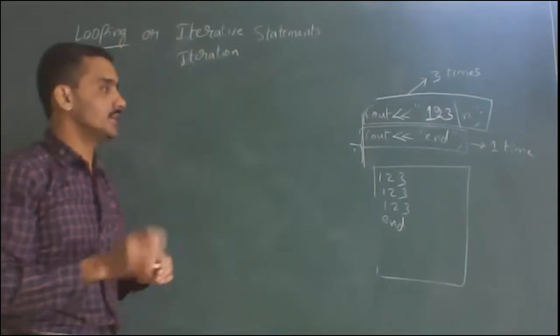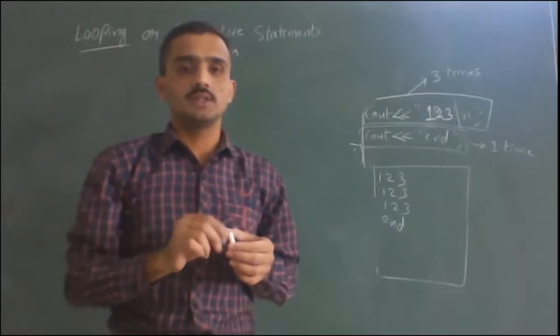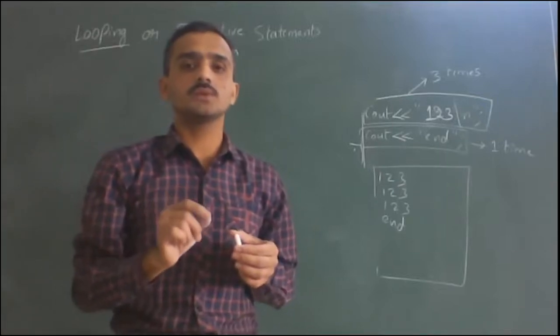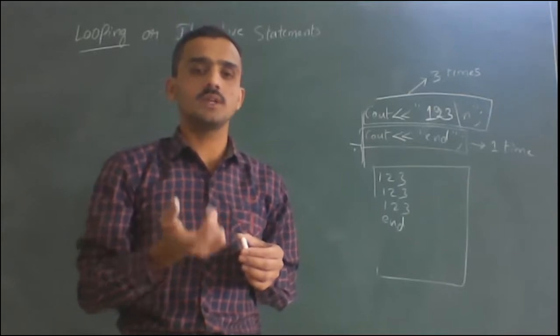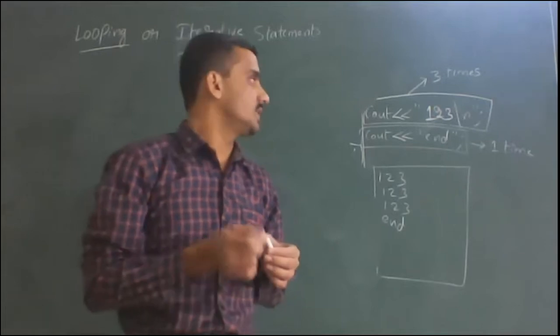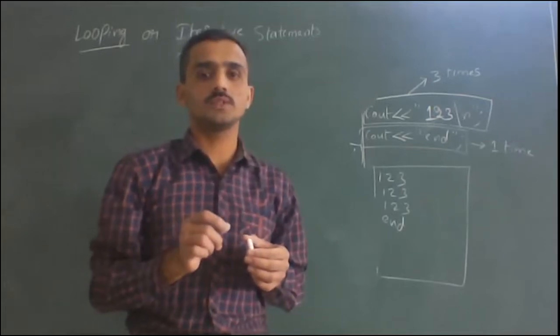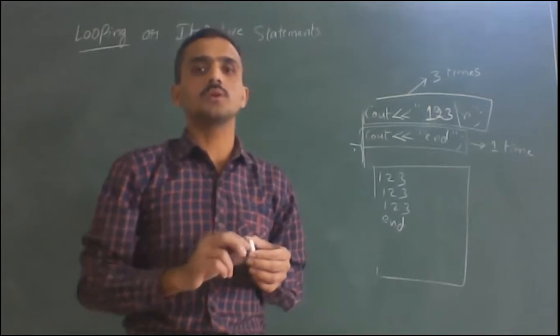So first I will tell you the definition of looping or iteration. The process of repeating the execution of one or more statements many times. If you say repeat, it means many times only: zero or one or more times. The process of repetition of execution of statements is called looping. The statements used for this purpose are looping statements.